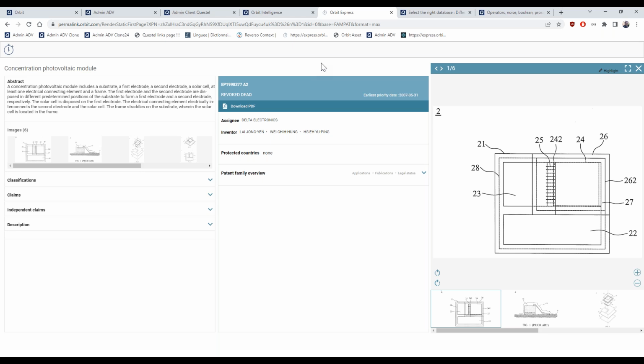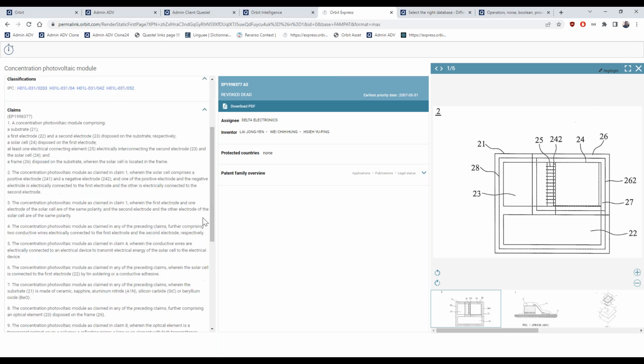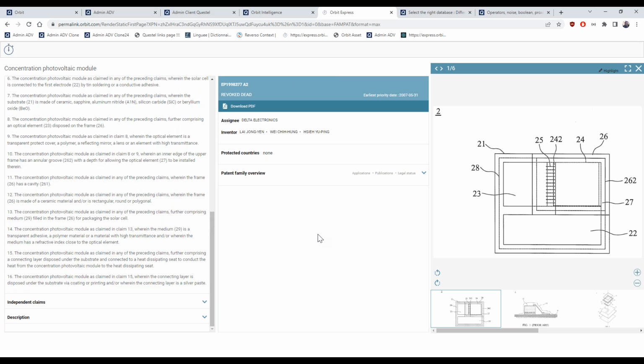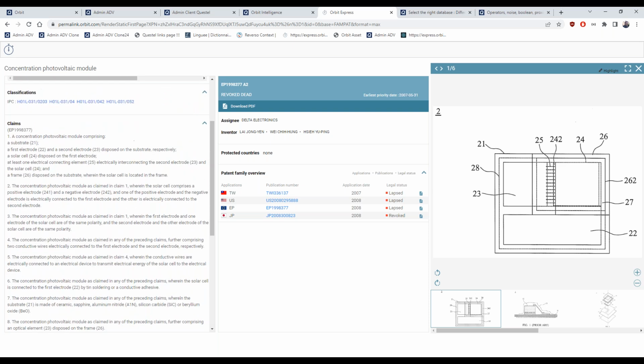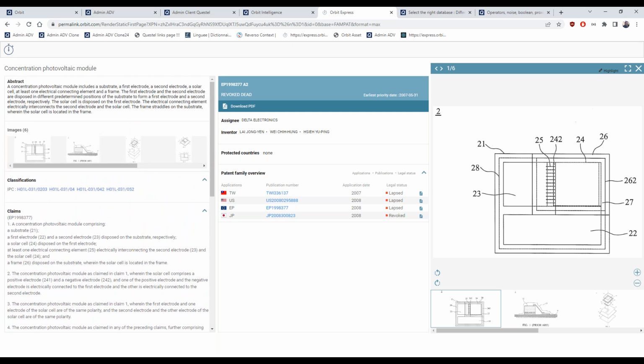And you can review this family from here. You still have some bibliographic and class information, but this is view only. So you cannot, for example, export from this interface, but it allows you to compare.